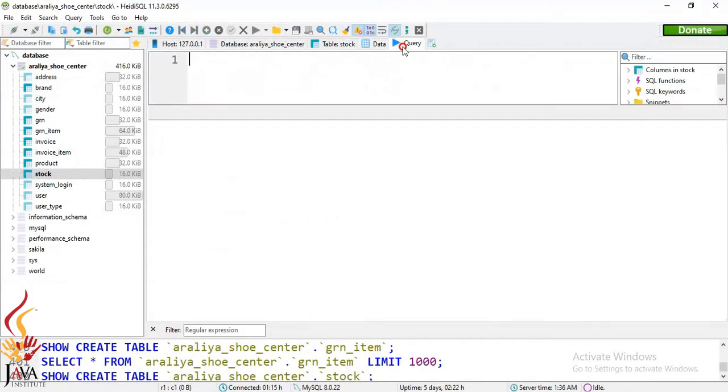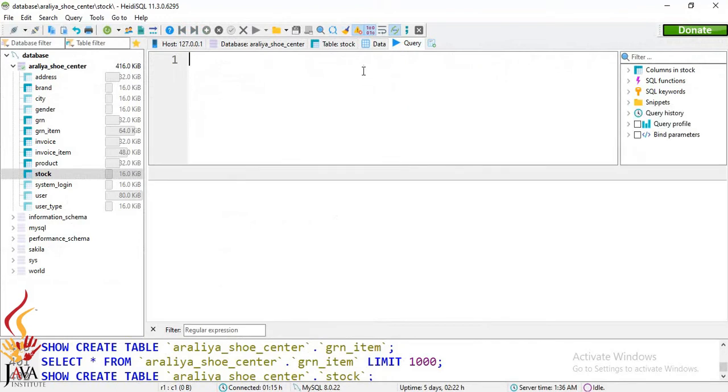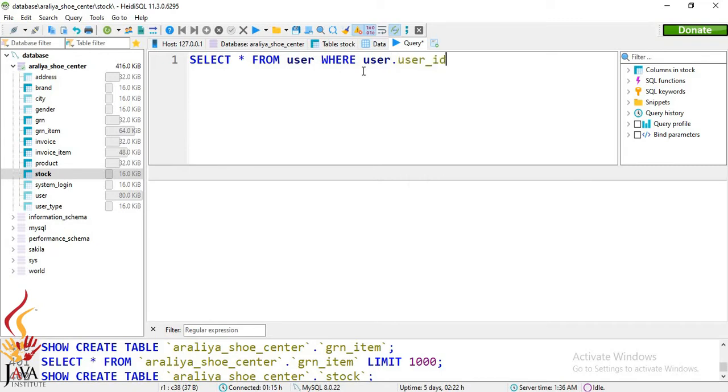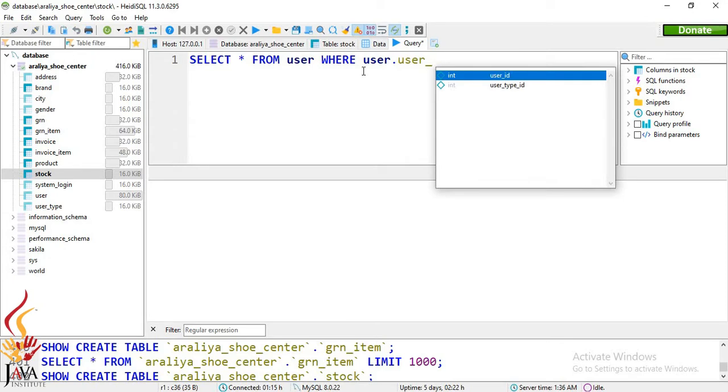Now I will write a query to select star from user where user type ID